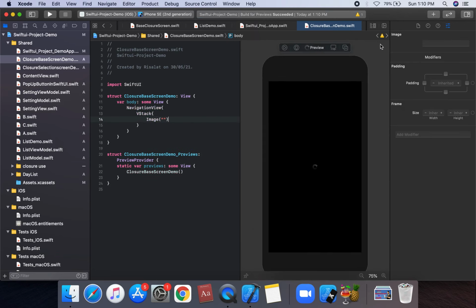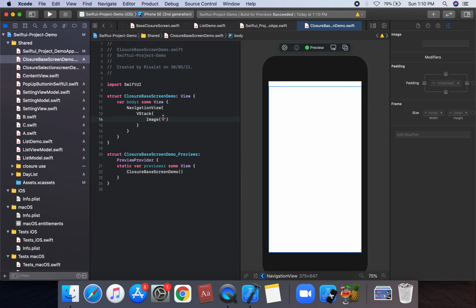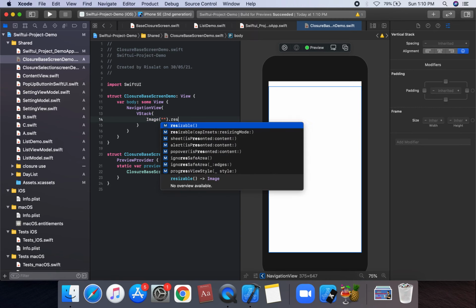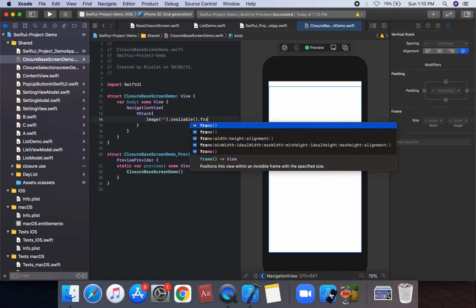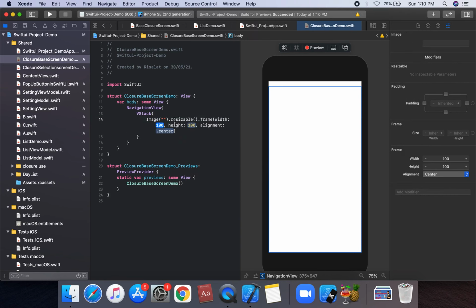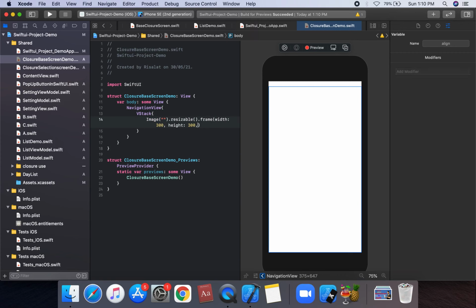Let us resume on the UI. On this image we apply resizable and a frame with 300 width and 300 height. We remove the alignment on the image.